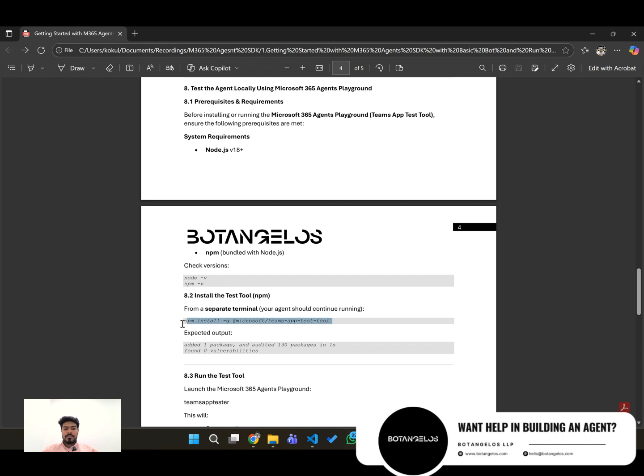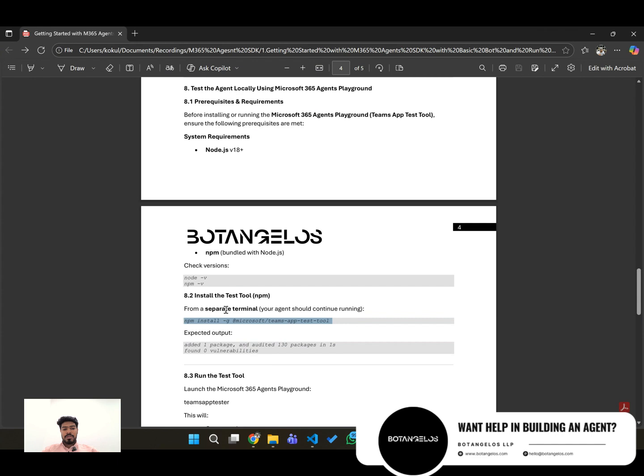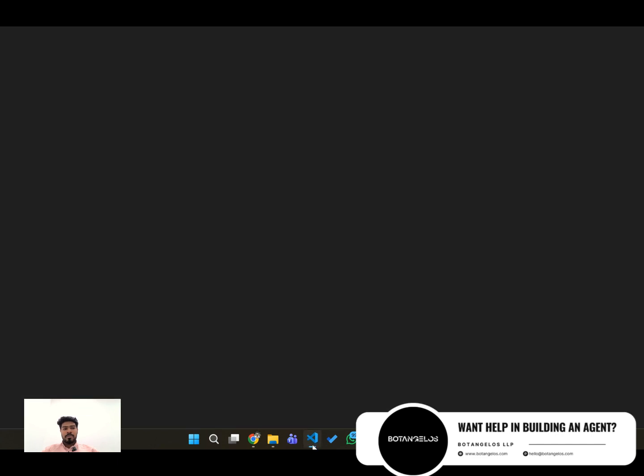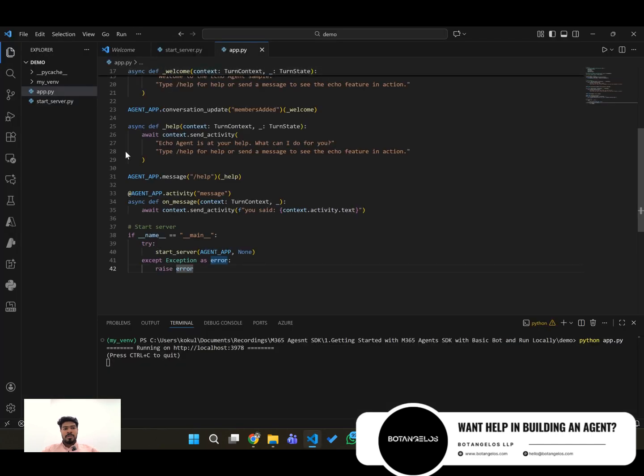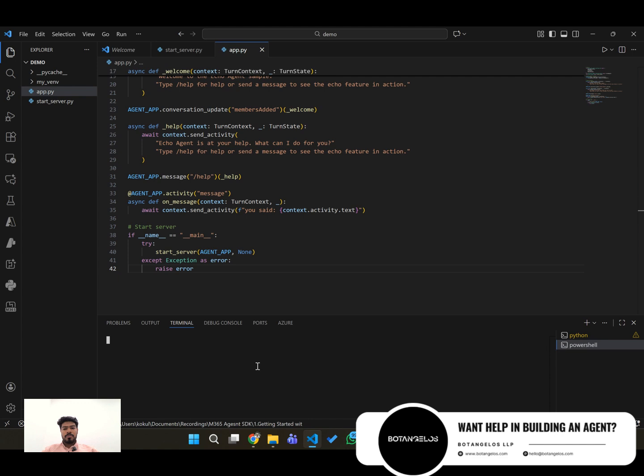So the next step is installing the respective module. For installing that, we need to use npm install -g, the command that is in the documentation, and it should be opened in a separate terminal in order not to disturb the Python that is running. So a new terminal is getting opened,